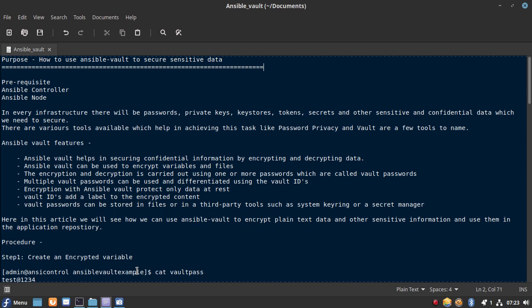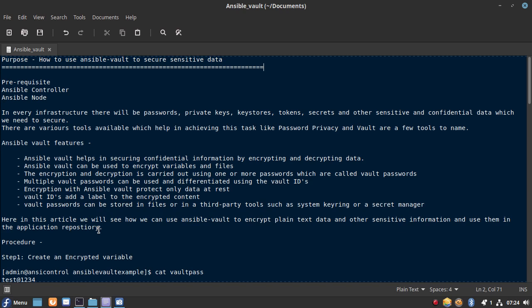If it is a very basic or simple environment with only a few sensitive data items you want to encrypt, you can go with a few passwords, or only a single password for encryption and decryption. But if you have a complex environment with different environments and different applications with different needs, you can go for multiple vault passwords.